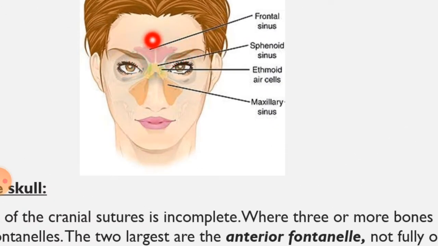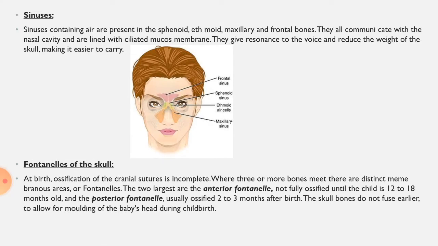We have already discussed the structure and location of each bone, so now I hope that you can easily appreciate these sinuses. This is the frontal sinus, which is lying in the frontal bone. This is the sphenoid sinus, which is lying in the sphenoid bone. The one highlighted with green is the ethmoid sinus, and this one is the maxillary sinus. So sinusitis is a condition when these sinuses get filled with mucus, and this condition is very painful.